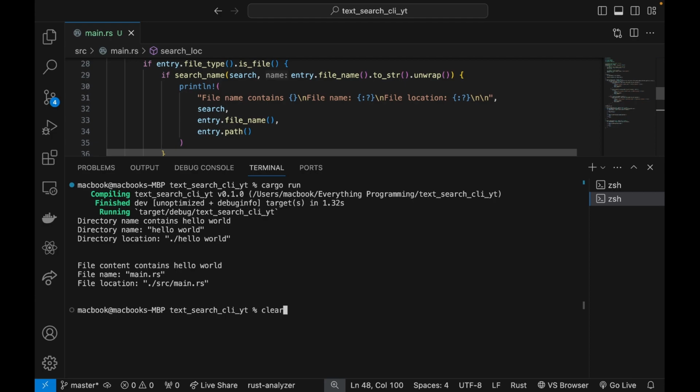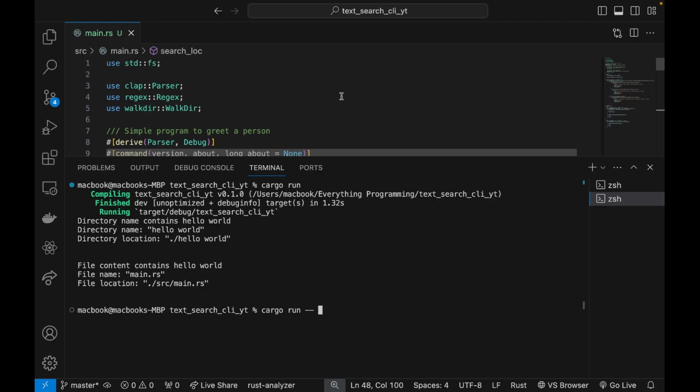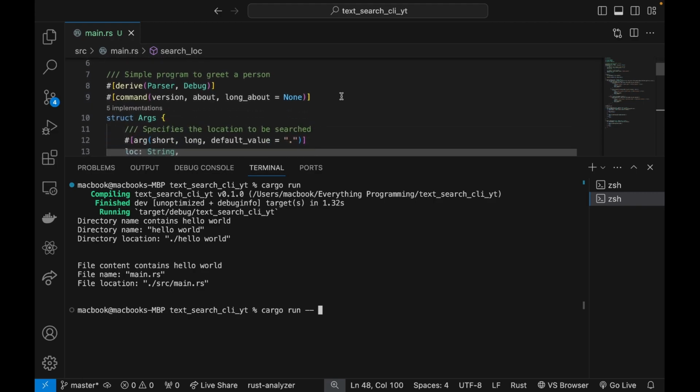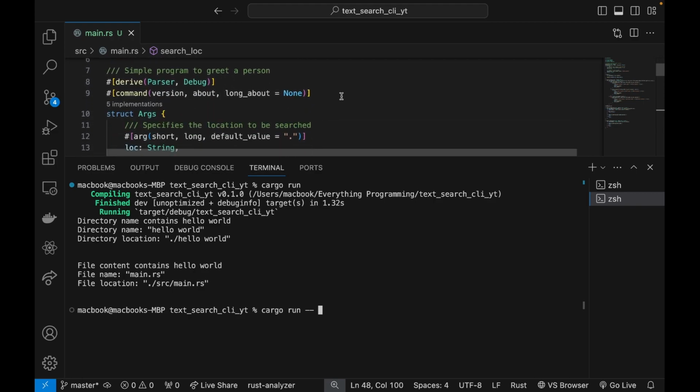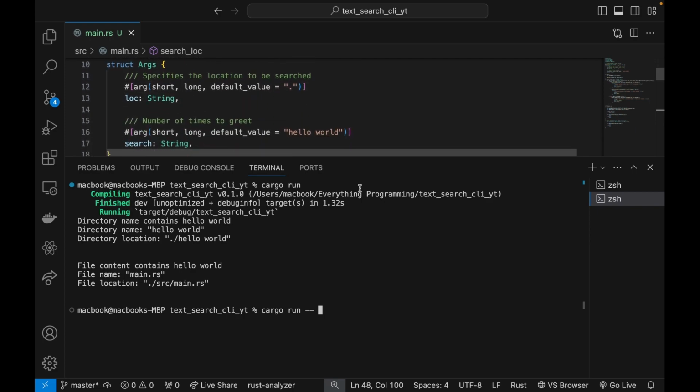So now we can actually look through any directory we want. Again, you can also look through your entire computer. Let me try something here. It's going to take quite a lot of time, but let's see if we can look through our computer for a particular string. Okay, what's the argument? This is loc, and for the location,